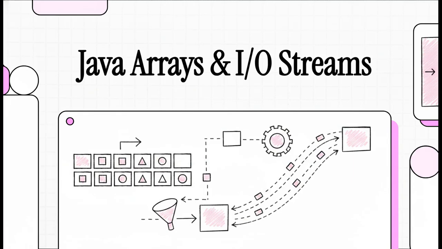All right, let's jump right into this explainer. Today, we're looking at how Java actually handles, stores, and transports data to solve real-world programming headaches. If you've ever found yourself writing the same repetitive code over and over to handle large amounts of information, you know firsthand that things can get messy very quickly. So let's unpack the powerful tools Java gives us to organize our data elegantly and move it efficiently in and